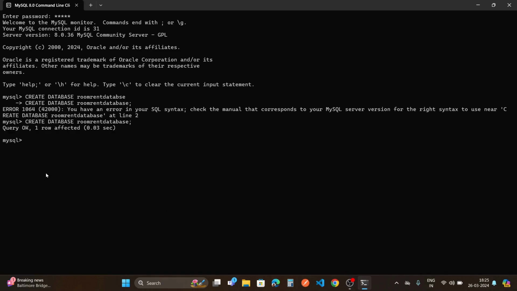So as you can see here, it has created a room rent database. So basically you have to be careful about the syntax here, else it will throw an error. So be careful of the keywords in MySQL. Okay, and now our next step is